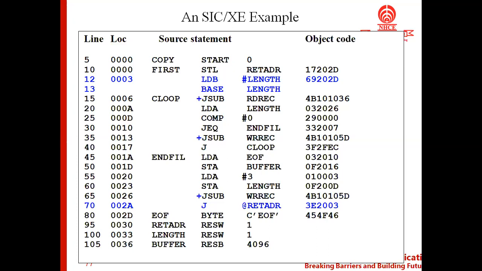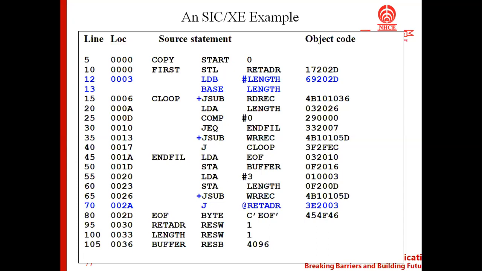This is exactly what the program does, but we are not bothering about the program here, as we concentrate only on how the conversion takes place and how the object code is generated. That is the main role of the assembler here. The source program is written by the programmer and given to the assembler. The task of the assembler is to convert it to object code, as we already discussed.